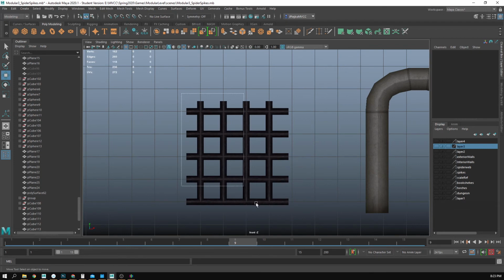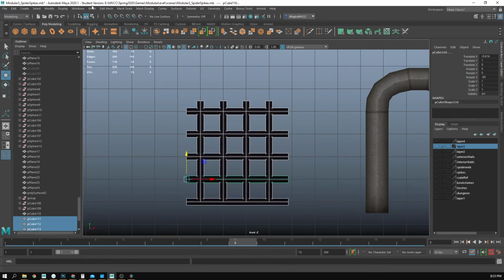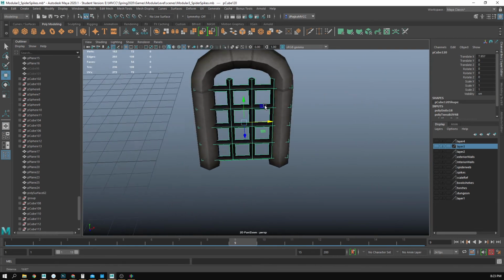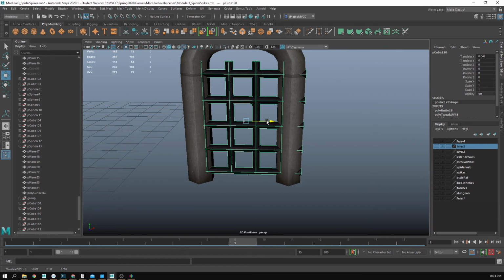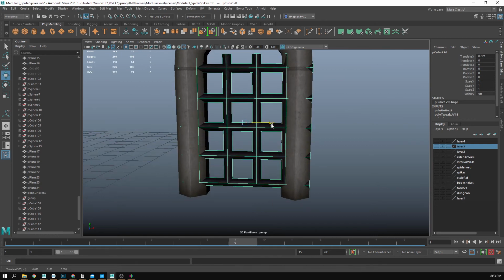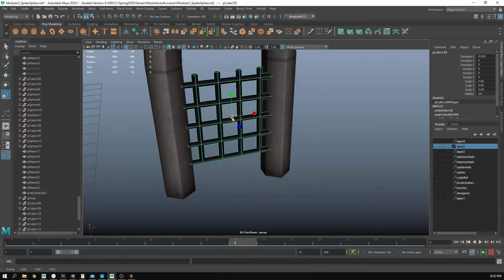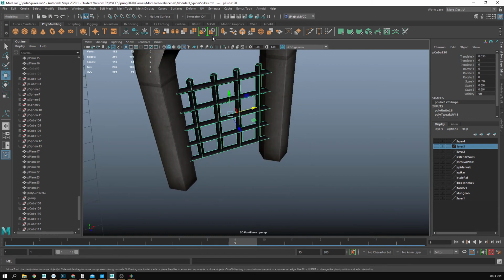Okay. All right. Now let's just take all this mesh, combine, and we're going to put that somewhere in the center of this. Scale it down so you have more of it. And now that I have this thing,